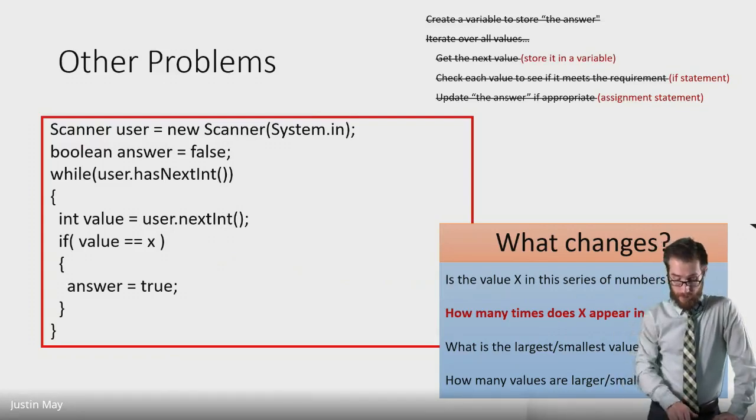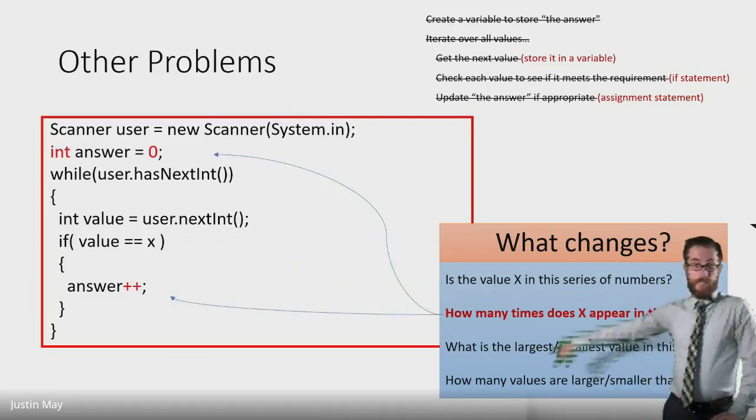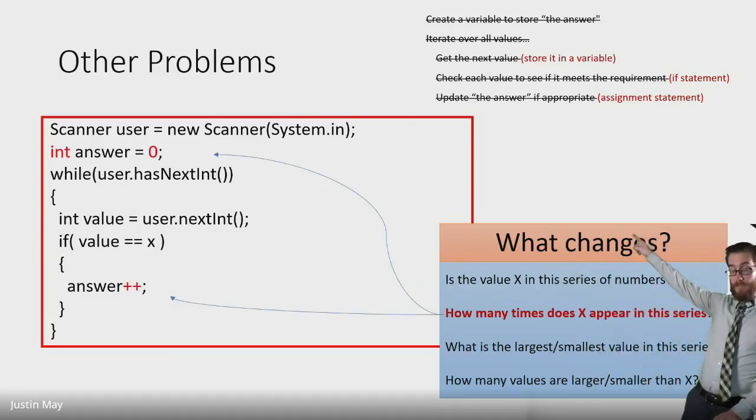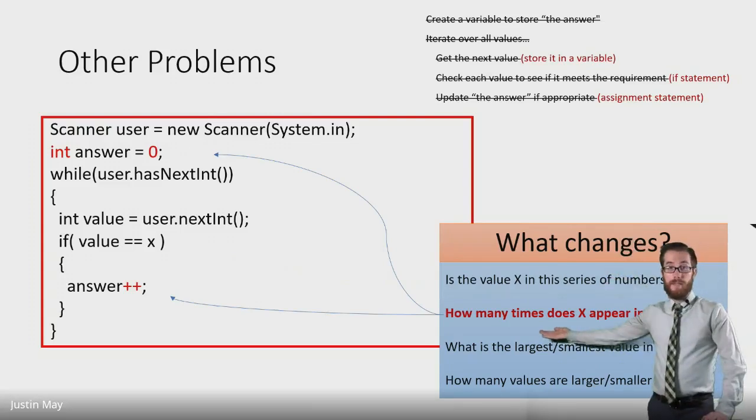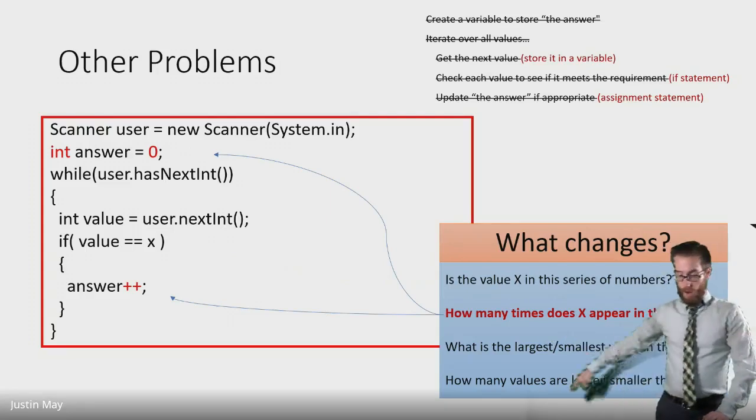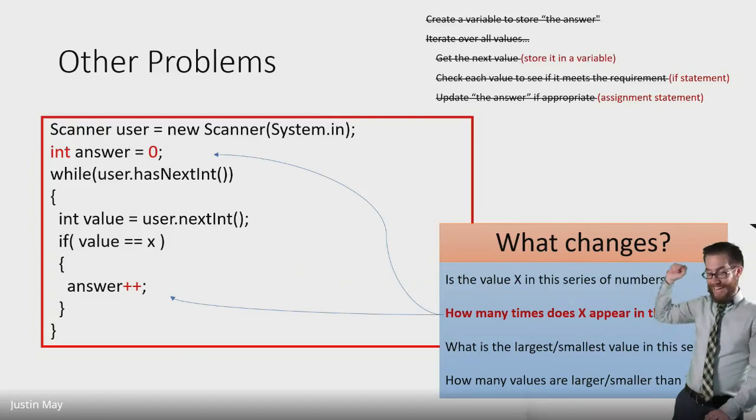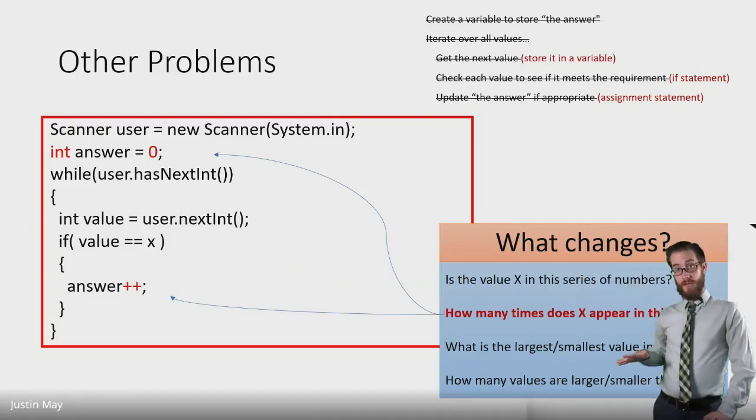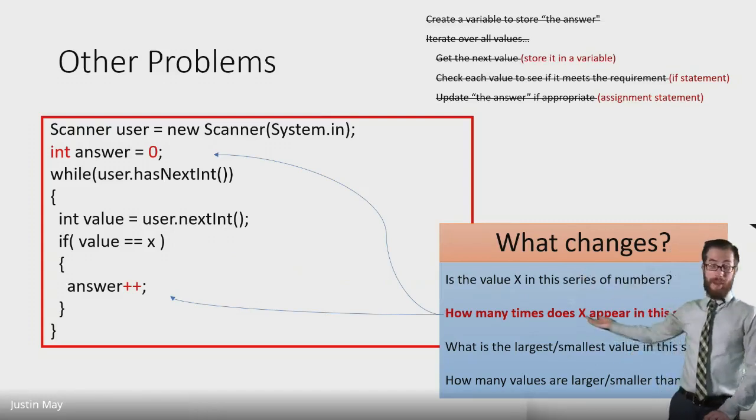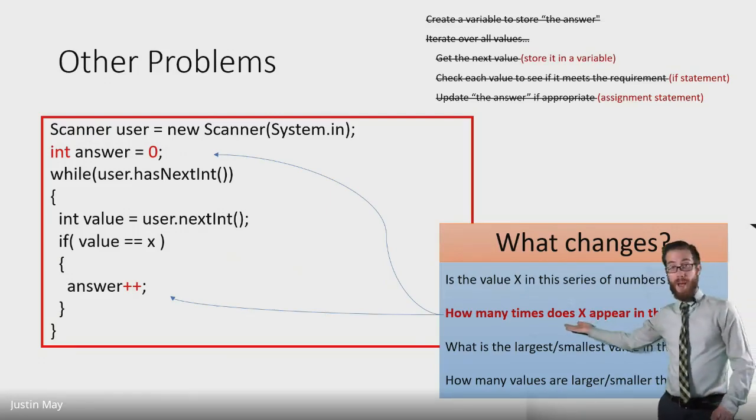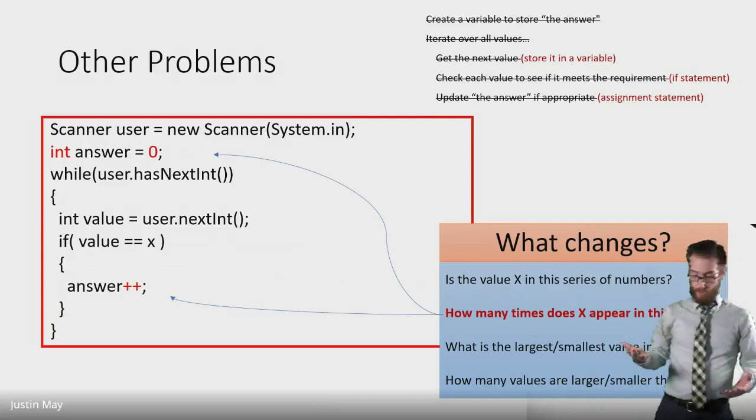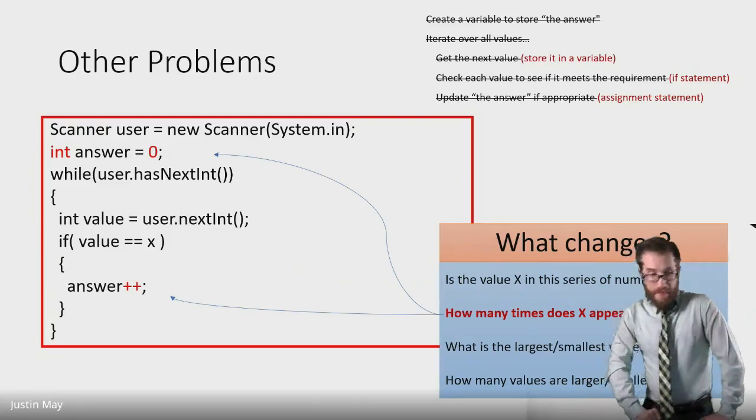Very correct. So we need to change the type of our answer because now the answer to our question is not true or false. It's going to be a number. How many is answered with a number. So it's an int, and we assign it the default 0 because if the user never types any numbers in, then the answer to how many would be 0. They typed no numbers, which means they typed no x's. So the answer starts at 0. Then we have to change